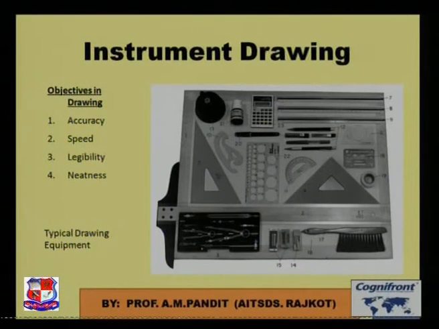If we are using good instruments, then we can have four characteristics in our drawing: accuracy, speed, legibility and neatness. The figure shows the basic overall equipment which is used in engineering graphics. Now we will see step